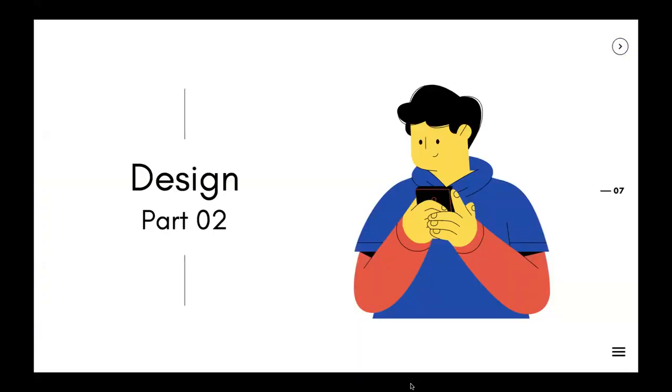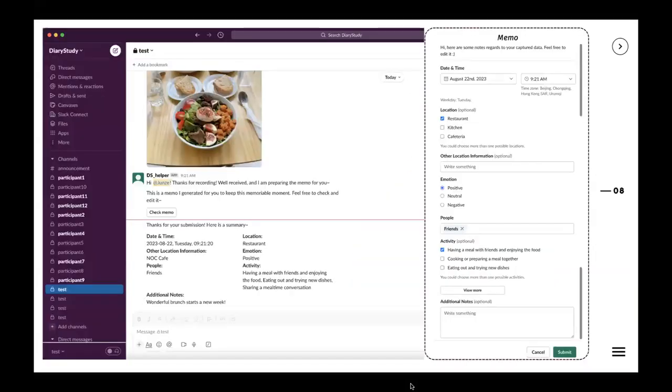Next, let's see the detailed design of DiaryHelper. DiaryHelper is an agent integrated into the Slack platform. Each participant is assigned to an exclusive private channel. Here is the user interface. When participants record something, for example, a photo, DiaryHelper acknowledges the recording and generates a memo containing relevant contextual information